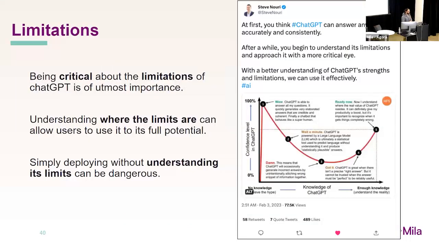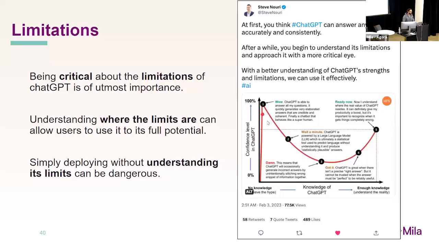So now to talk a little bit about some limitations. I think that being critical about what these models can and can't do is really important. And so here I found this on Twitter. I really like this figure. It essentially shows the hype cycle of these models, how we interact with them. So at first we all start kind of here. We don't know anything at all about ChatGPT. And the second we interact with it, we go, oh my God, this thing is insane. I can't believe everything that it can do. This is AGI, like we've solved it. Humans are essentially done for.